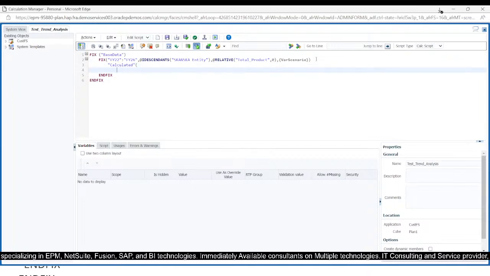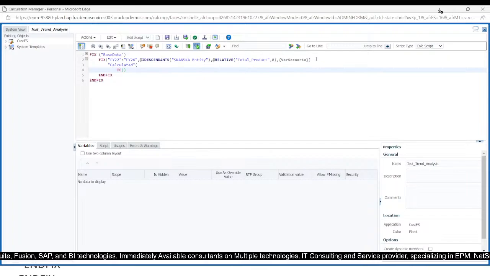Here we are creating a member block as we are going to use the IF function here. Okay, so the block is being created with the name calculated, and here we have IF,